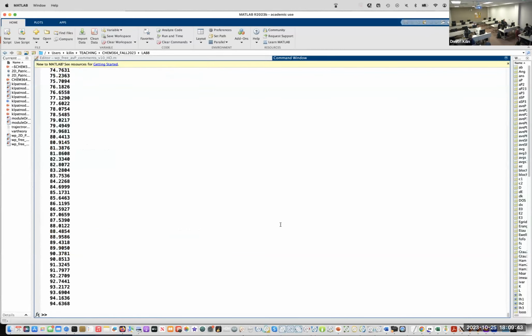So X is column, averages X3 is also column, so we can do one column, another. Oh no, it should be time, not X. I'm doing the same error over again.